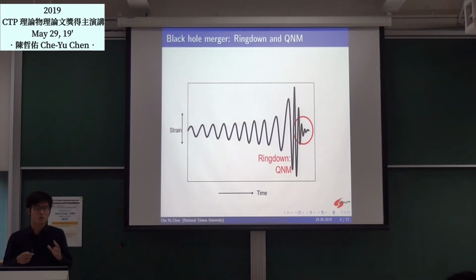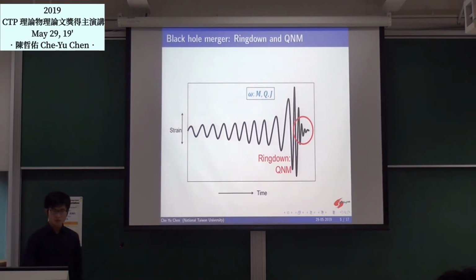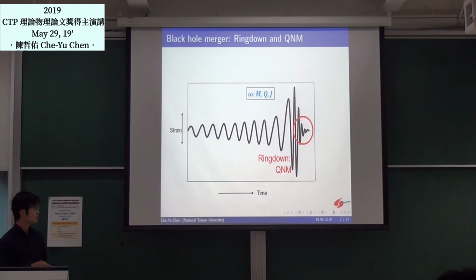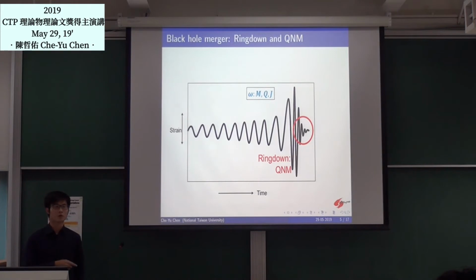We know what a normal mode is. It describes the natural oscillation of the system. And the name quasi means that this system is actually a dissipative system. It loses its energy, so the amplitude of this normal mode is decreasing. That's why it is called quasi-normal modes. And in general relativity, these quasi-normal frequencies, the frequencies of these oscillations, are just characterized by the quantities of the black hole, for example the mass, the charge, and the spin, if the black hole is rotating.